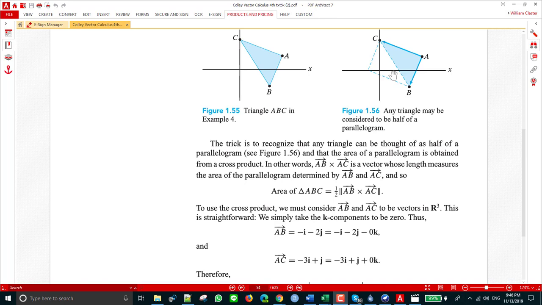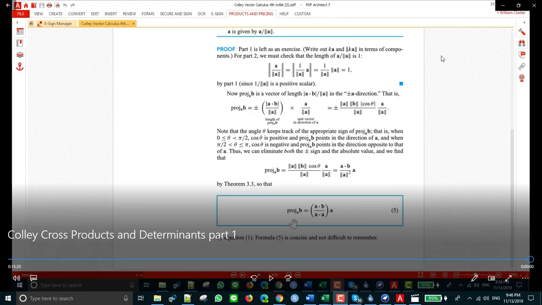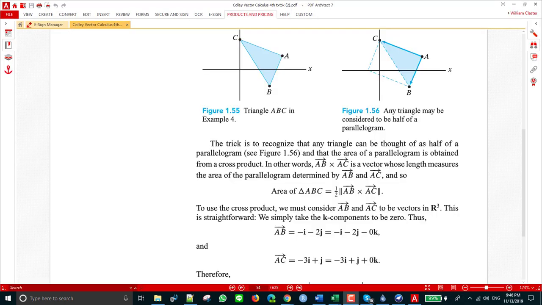But just one thing I'm going to check: what if the angle is really small, close to 0? Or even, let's say, what if the angle is 0? Then we have no area, and the sine of 0 is 0. So that doesn't show anything really, but at least it doesn't contradict anything either. Okay, so if we take that fact as true now,